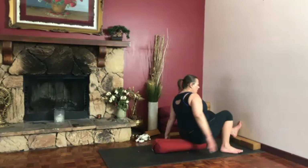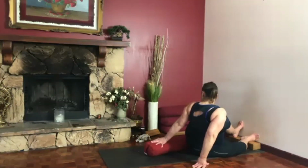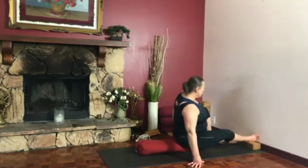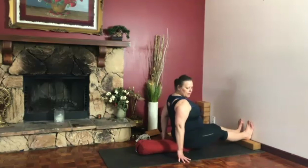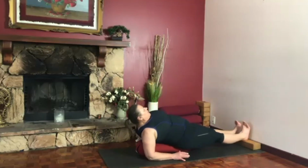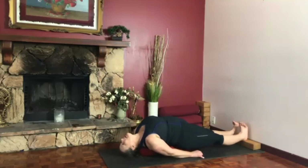Bring your feet to the wall. And scoot your tailbone here. So you want to be as far as that tailbone is. I want to move this back just a little. So we'll come up here, hands here, and then moving back. And then very slowly you'll lie down onto that bolster and let your head tip over to the back side